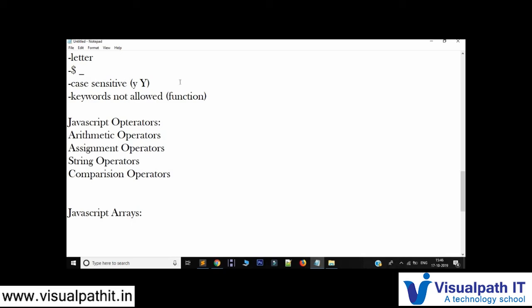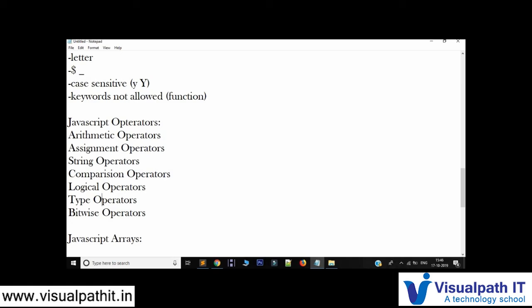The next one is logical operators. The next is type operators. And the last one is the bitwise operators. I will tell you about these operators one after another, and we will see some examples related to them.